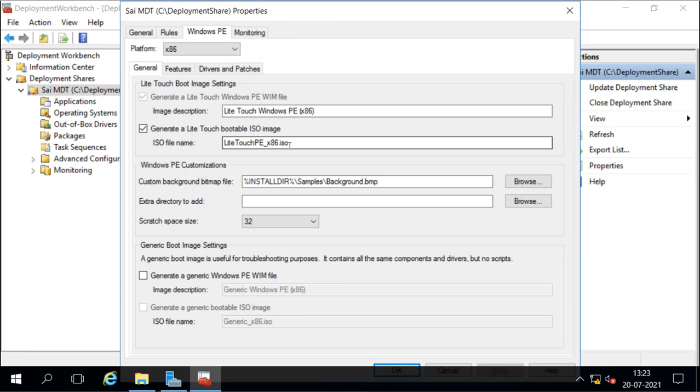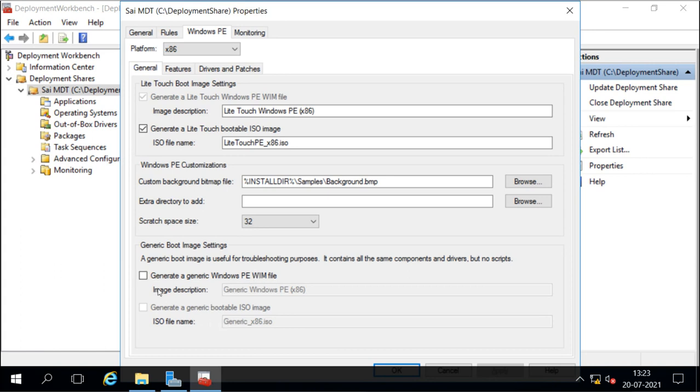It also creates this bitmap file for customization. We can add that directory to the extra directory also. Now this is for the PE, the pre-installation environment, where we create the bootable flash. Then we have the generic boot image setting also. So if you want the generic boot WIM file or boot ISO, then you can use this also.